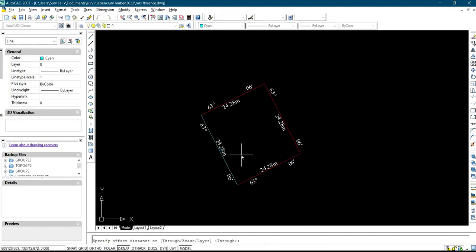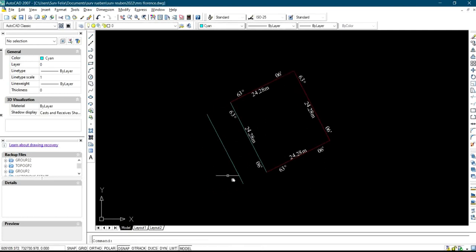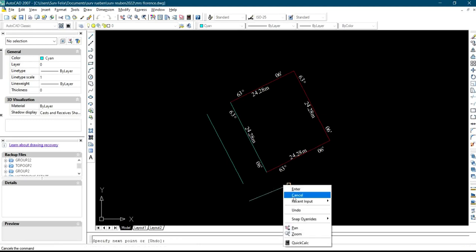Then once we click on offset, it's requesting us for the offset distance. Let's give it 9 meter, 9.0. Then we press OK. So we come to this place to bring out the road. So now we're already giving it a road. So after giving it a road, now we want to extend the road. So what we do is you click on the line again, and then you click on this place, then you press enter,